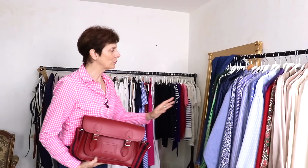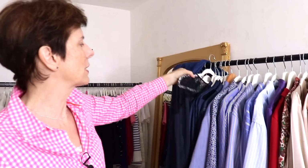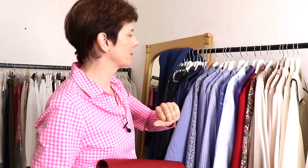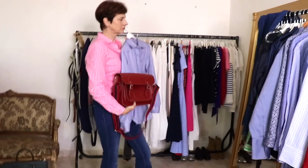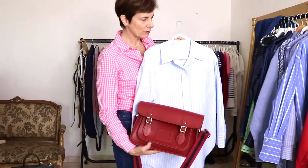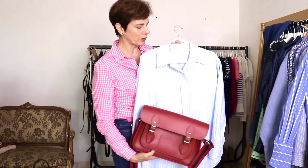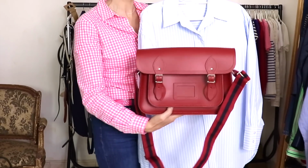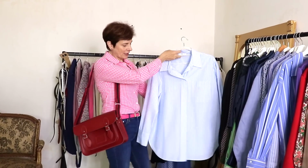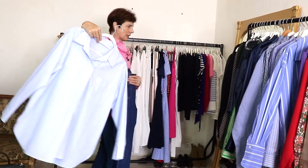I've also got this shirt, too dressy. Silk, again, too dressy. And strap shirts. You need at least one. It is slimming, it is casual, it is dressy, it is everything that you want. I've got this one. That could go. Oh, now why did I say oh and not to this one, not the others? Because I find that the bag really pops. With this, you can see that it works, and next to the bag,